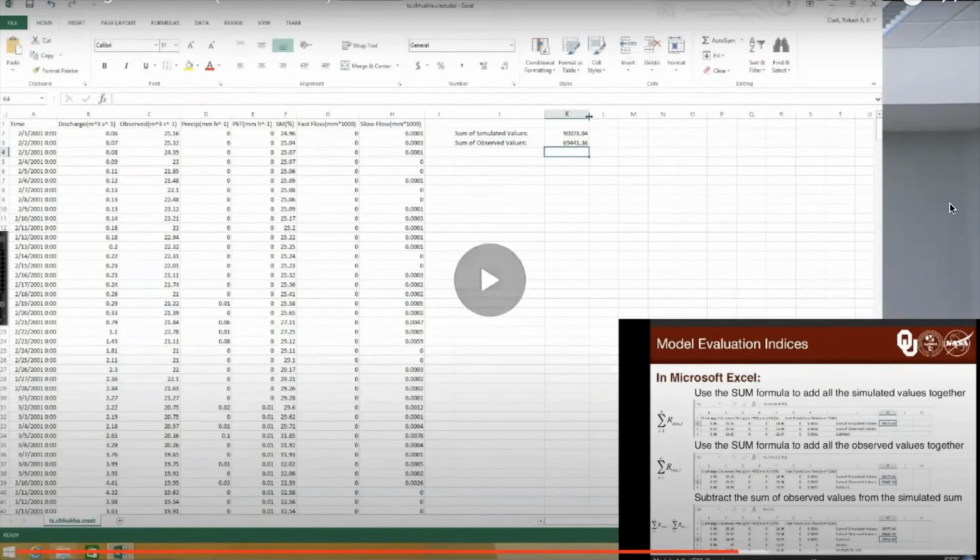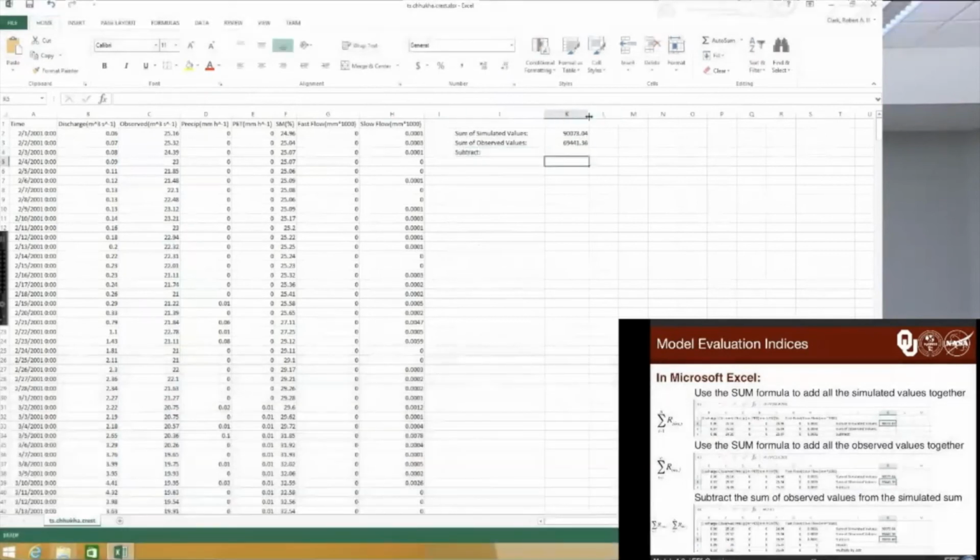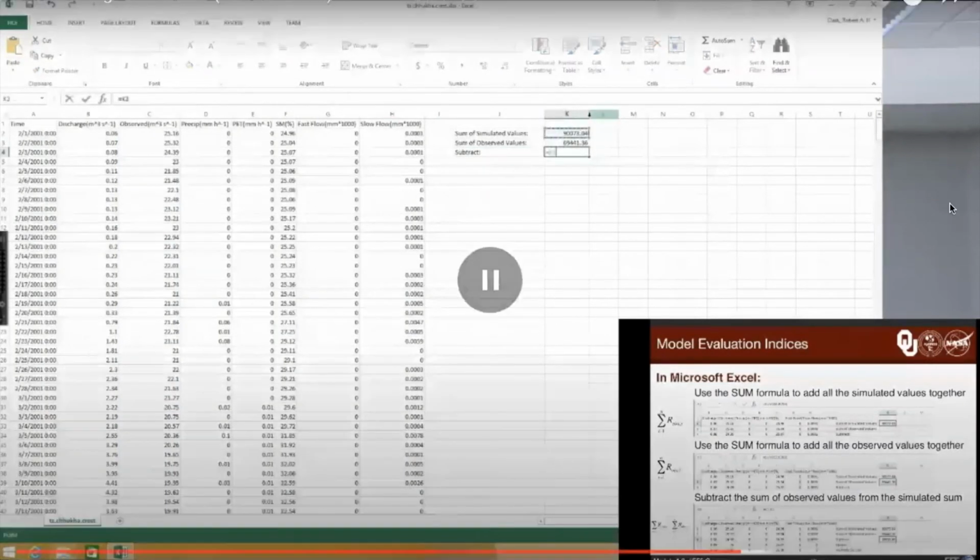Now I'm going to subtract those two things, and that's going to give me the numerator in that big ugly equation. So on my